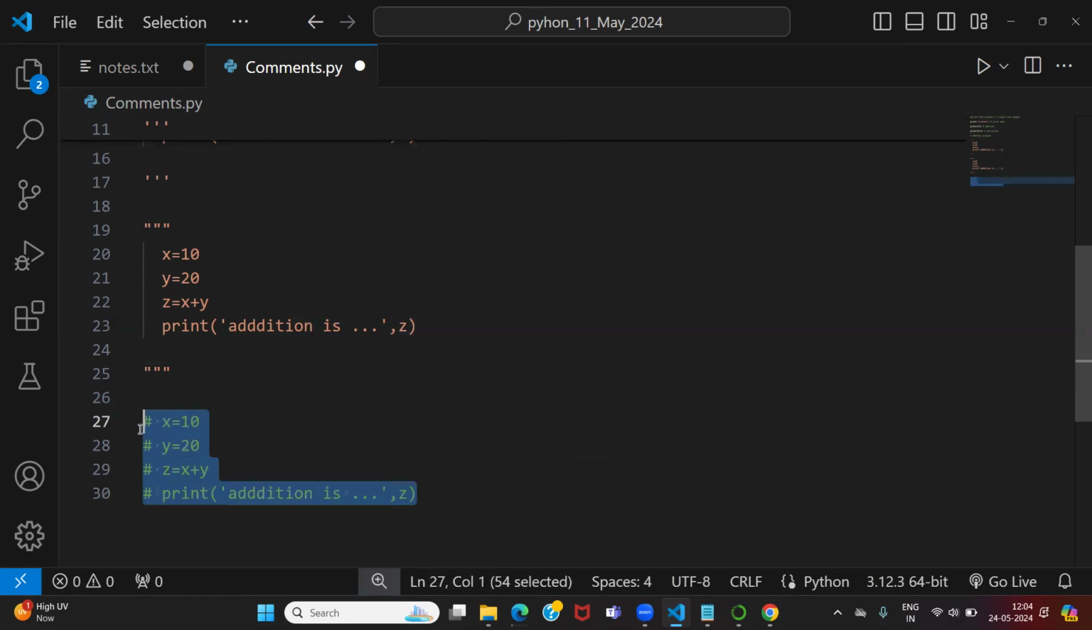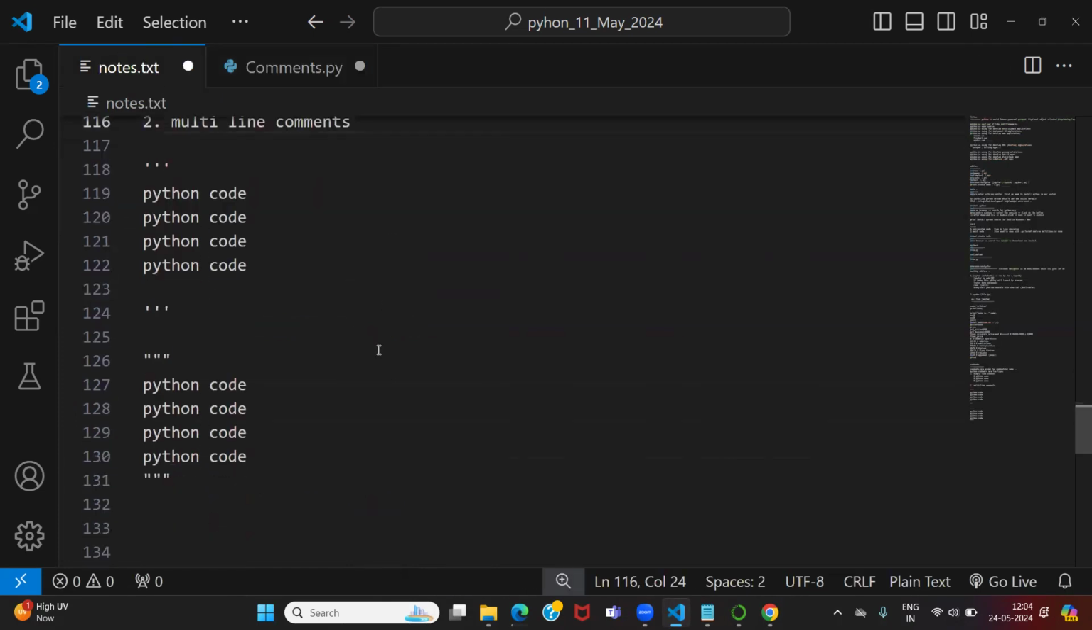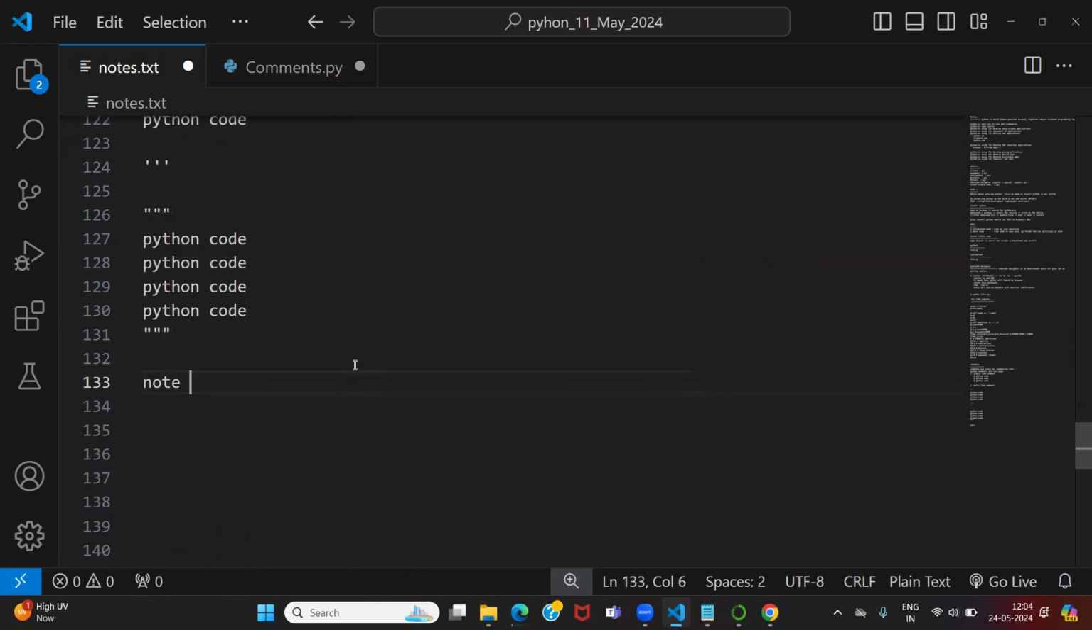But again, select the code. Whatever comment you want to release, select the code first. Control backslash. The comment is released. What is happening? Comment releasing. So that is one more important point you have to note: add comment or release comment